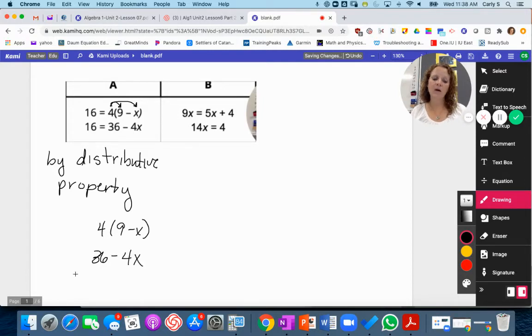So no matter what x equals, you're going to get the same solution for the first equation and the second equation. Okay? Now this one, by the addition property,